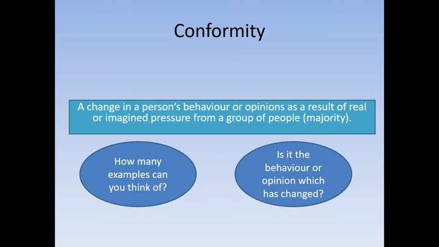So this is all about conformity, which is about how we change our behaviour to fit with other people around us, a bit like peer pressure. It can be a change in behaviour or opinions as a result of other people. So if you think about different groups that you might belong to, there might be a college friends group, there might be a family group. You would change your behaviour in various different ways to fit with both of those groups.